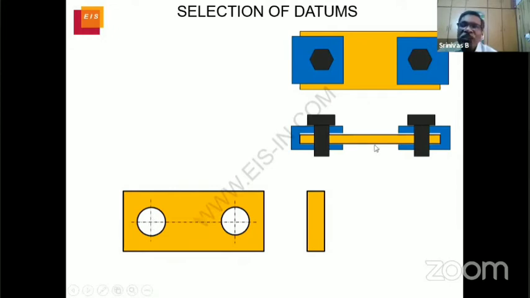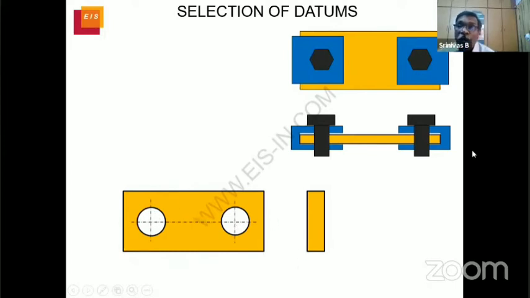Now, I will talk about this hole. For this hole, this is the primary datum. Do you agree? Yes, you must agree. The secondary datum is the width of this. What do you mean? This hole should be exactly at the center of this surface and this surface. So the secondary datum is this, B. What is the tertiary datum? You see it is butting here, sir. This is the tertiary datum. The location of this hole must be from this edge. And there is no dimension required here because it is the center of the width of this plate. If the width is 50 mm, this is at 25. If the width is 60 mm, this is at 30 mm.